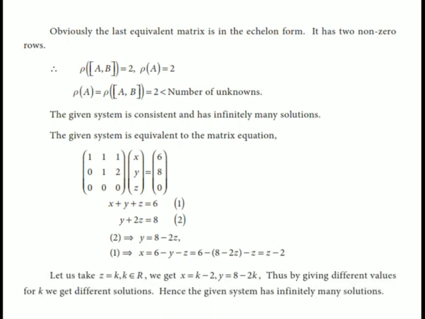Let us take z = k, where k belongs to R. We get x = k - 2, y = 8 - 2k. Thus, by giving different values of k, we get different solutions. Hence, the given system has infinitely